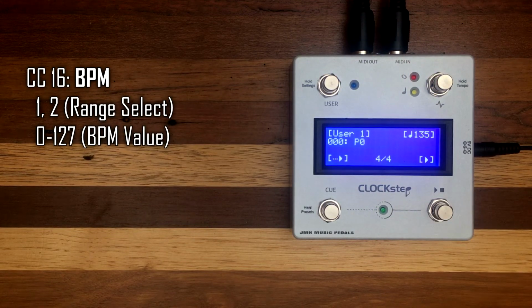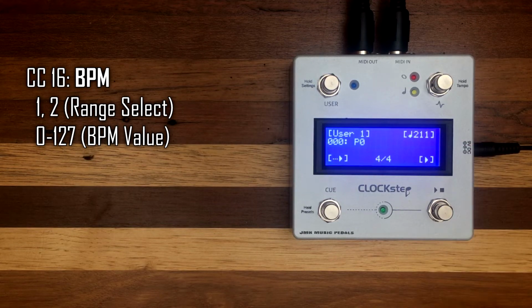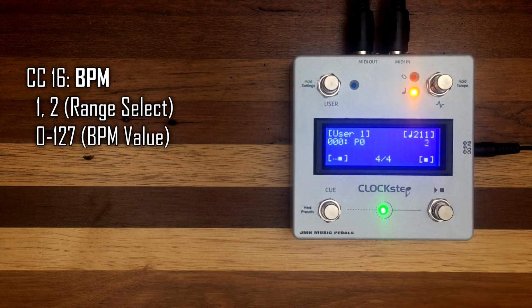Controller number 16 is for setting BPM. The change occurs immediately if the clock is stopped. Or if the clock is running, then on the first beat of the next bar. For BPM values up to 127, there's no need to set a range, just the actual BPM between 40 and